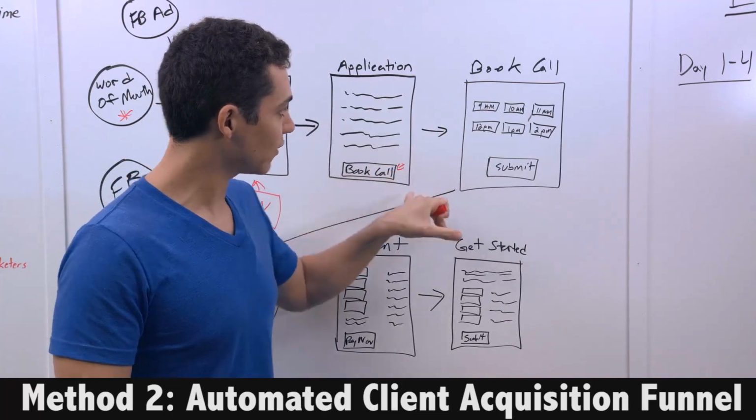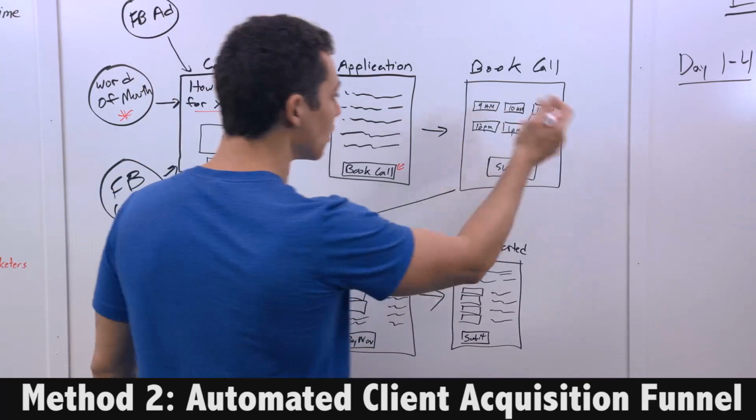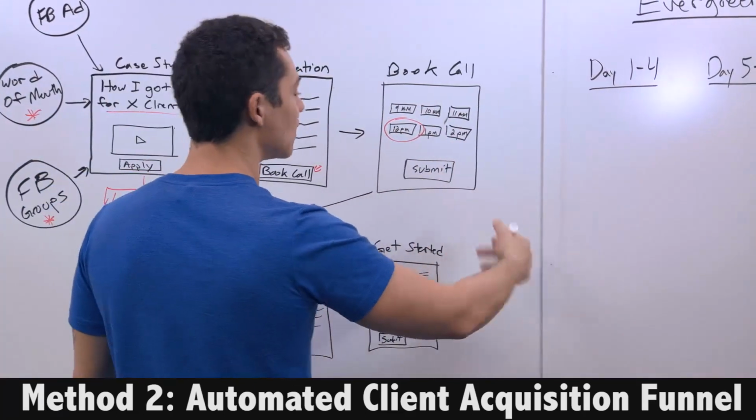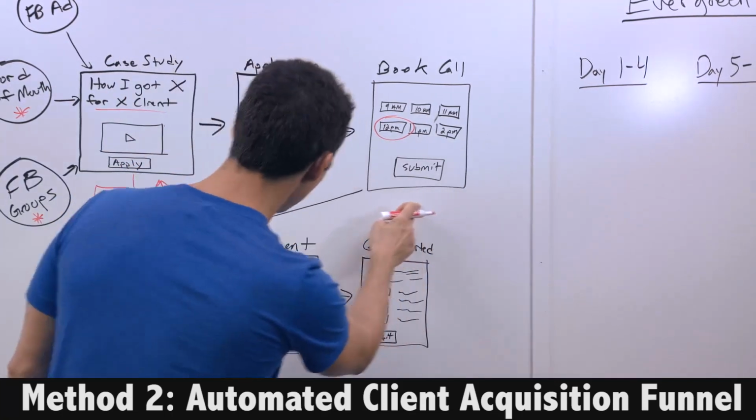And on my funnel that you'll get for free, you'll see the URL in there that takes them to my Calendly page. You just change it to yours. Very simple. So then they book whatever time they want, and they hit submit. You get a notification. Now you have a time to jump on the phone with them, which brings us to